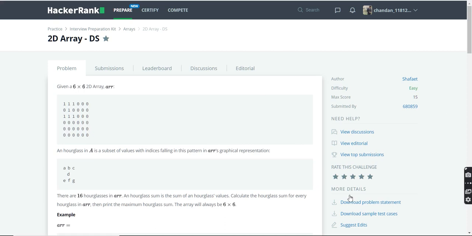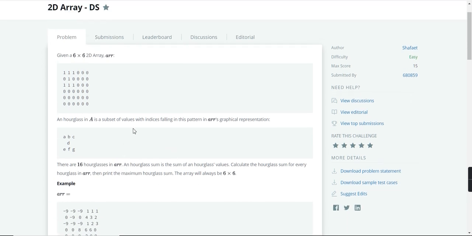Hello guys, good evening. Today I'll be dealing again with a DSA question. One more question. It is also a very important question, I guess, from a competitive exam point of view and for basic building as well. This question is from the concept of array. So let's start this question.